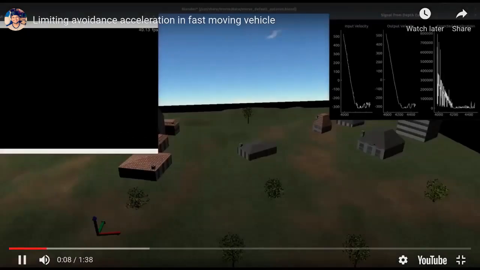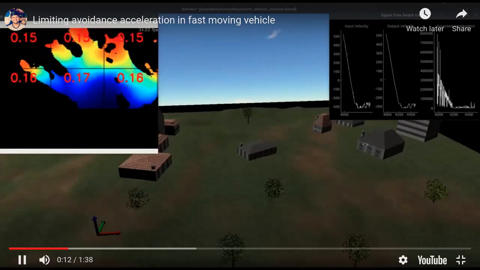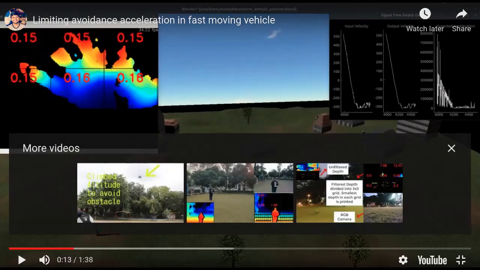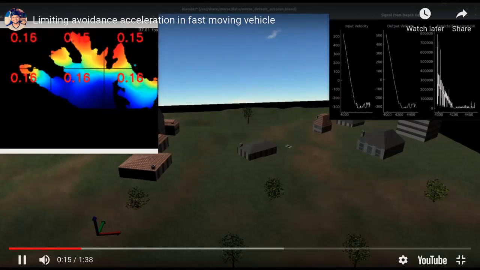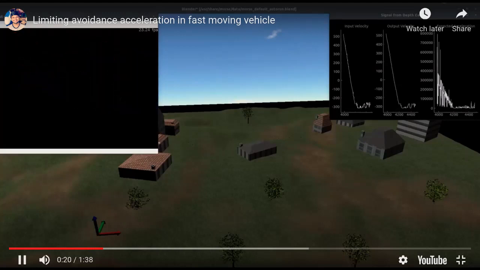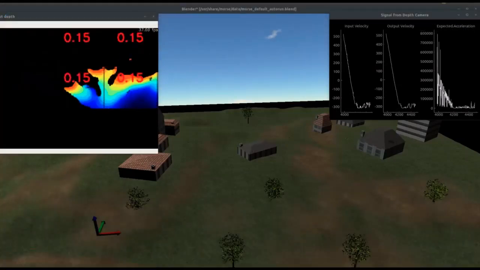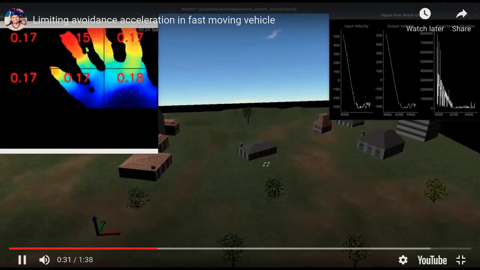If the vehicle was traveling fast, it used to react this aggressively. So this is the obstacle right here, which will never happen in real flight, I hope, an obstacle 10 centimeters away from the vehicle, but you'll see that the vehicle is just swinging around, and it's not a controlled backing away. It's just going crazy, as you can see. No one's going to be trusting their vehicle with avoidance if this is what it's doing, right? So to fix this,